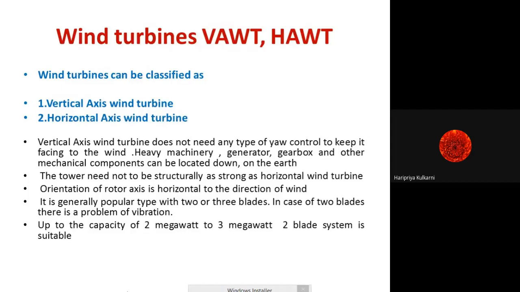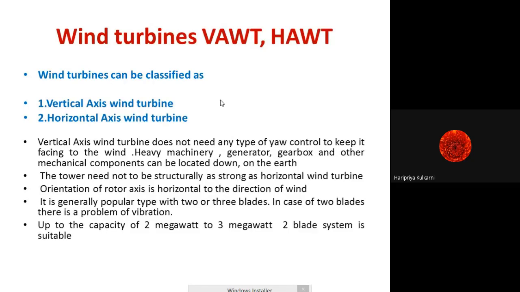So they are the horizontal axis wind turbine that you are aware of. The whole assembly is adjusted in such a way that it can move anywhere in the direction of the wind and we can extract the maximum amount of energy. That is called a yaw control strategy. Yaw control is required in a horizontal axis wind turbine, but it is not required in a vertical axis wind turbine because the blades are not in a horizontal direction. They are circular along the vertical axis. We'll go into detail.